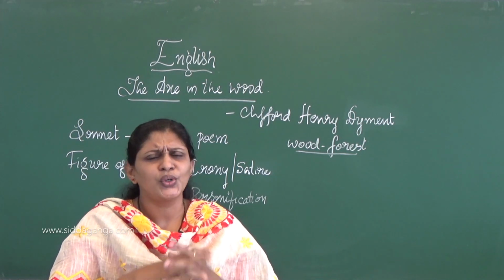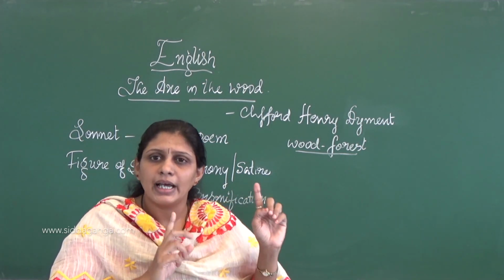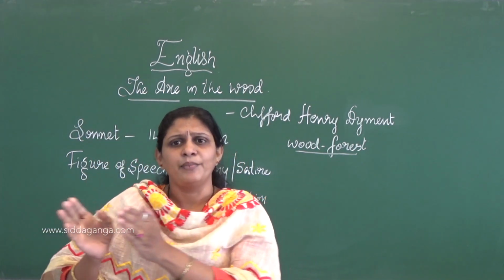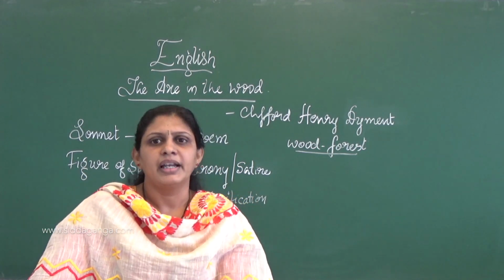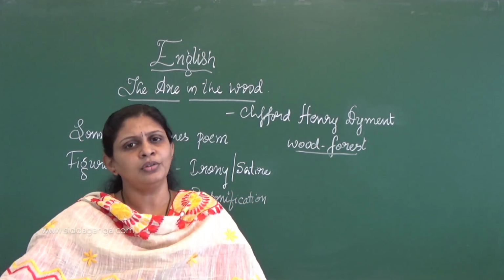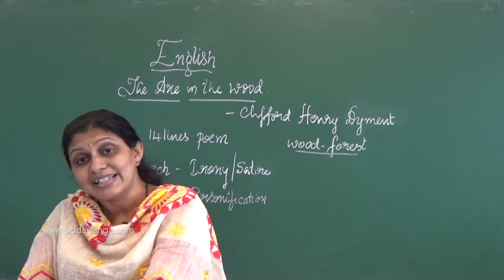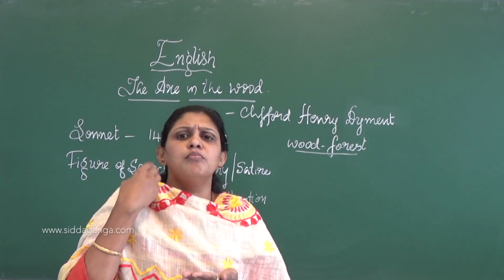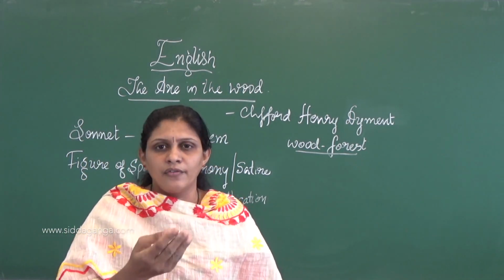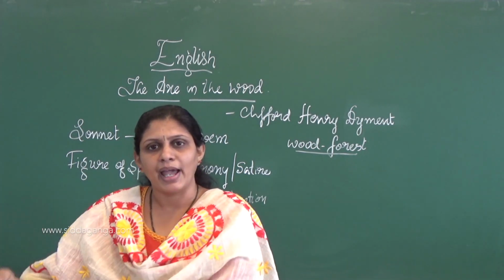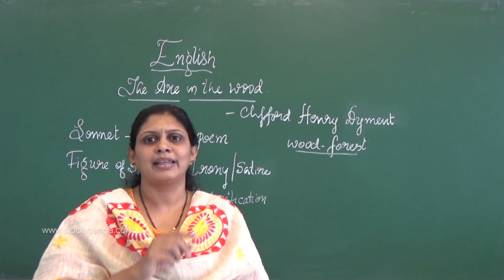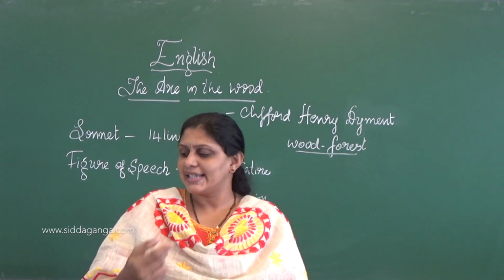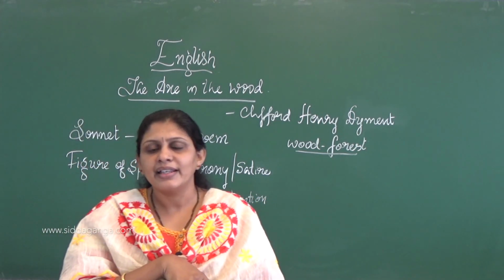A tree is useful in many ways when it is alive, but when you cut it or when it is dead, from living matter to dead matter, it is not at all useful to mankind. So in this stanza the poet wants to say that a living tree is more helpful than a dead tree, but man is so busy in killing the tree, and ironically, satirically, he is against the